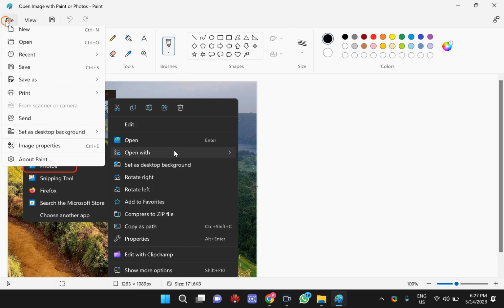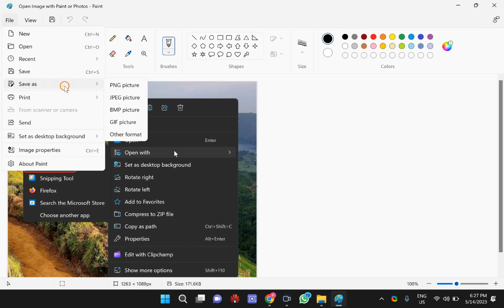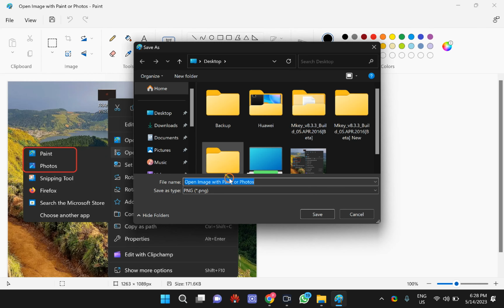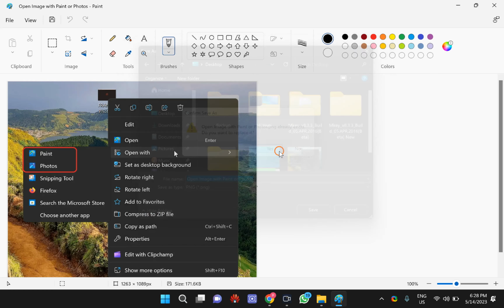Here click on the File menu, then select the Save as option, and here you can see PNG, JPG, BMP, GIF, and you can also save your WebP image in other formats that you want. However, at this time I want to save this image as PNG, so select the PNG option. If you want, change the name of the file and the location of the file. If you don't want to change anything, it will be saved in the same location where your WebP image exists. Finally, click on the Save button and you will find